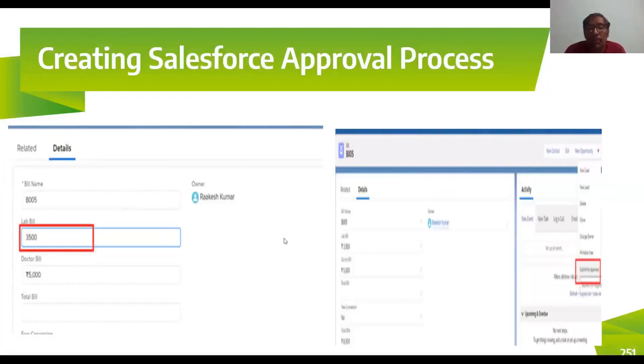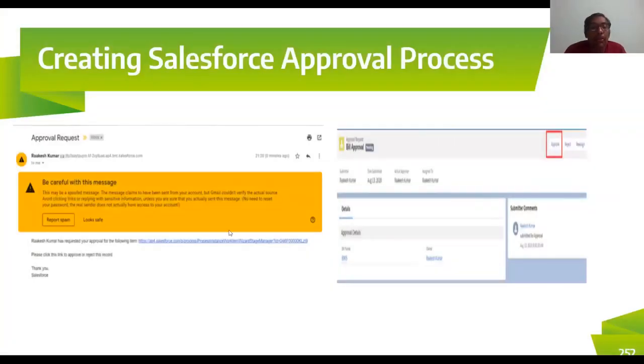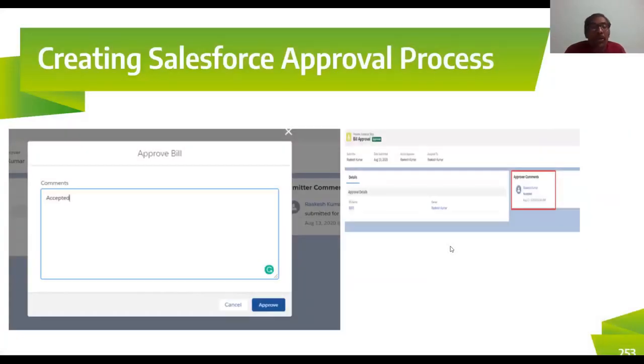Then you're going to click on submit for approval. Again, the mail will be sent. When you click on this link, you come to the page. Now click on accept. Accordingly, the fees concession would be changed to yes. Got it? When you say accepted, the approval process will say accepted, and yes or accepted, something would be changed there.